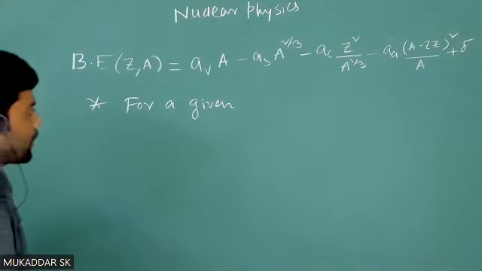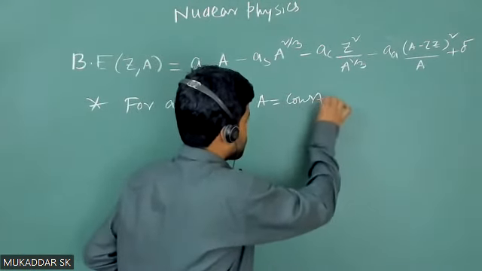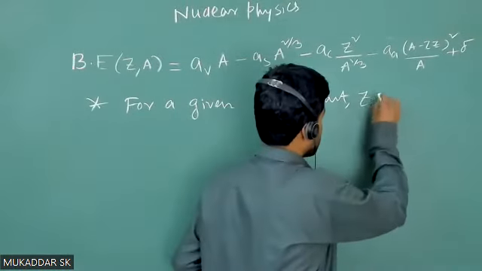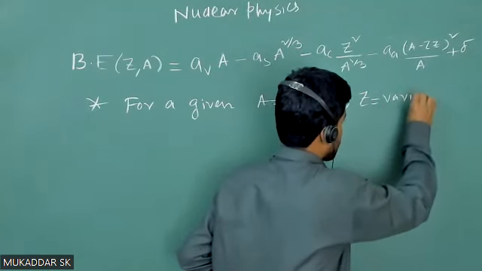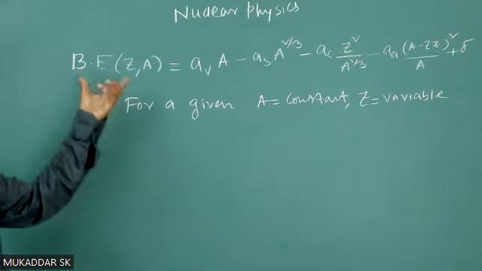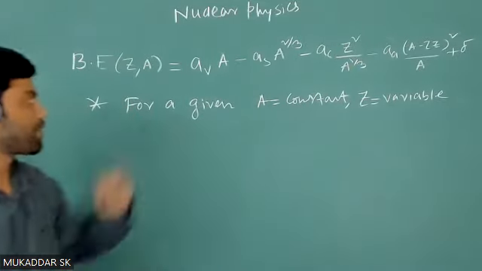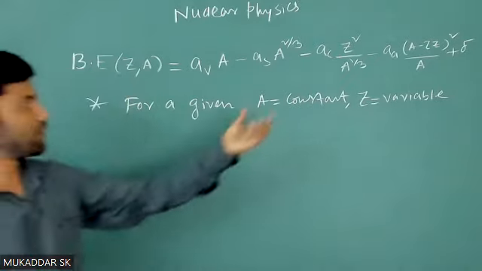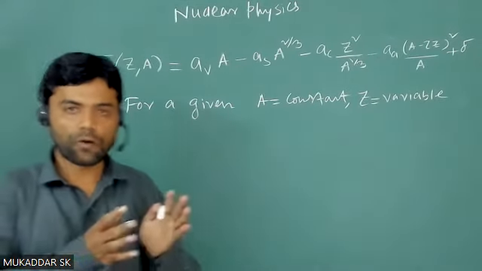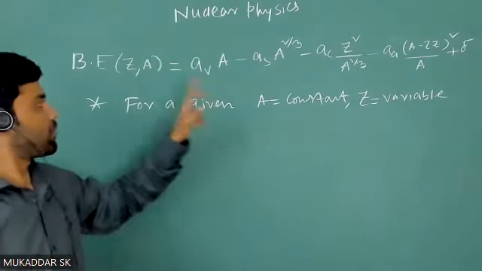So for a given isobaric family, your mass number will be constant. But atomic number is variable, right? Now if we look at the binding energy of any isobaric family, there you will get one mass number, that will be fixed, but binding energy will be varying according to the atomic number, right? So for a particular isobaric family, binding energy will be a function of Z,